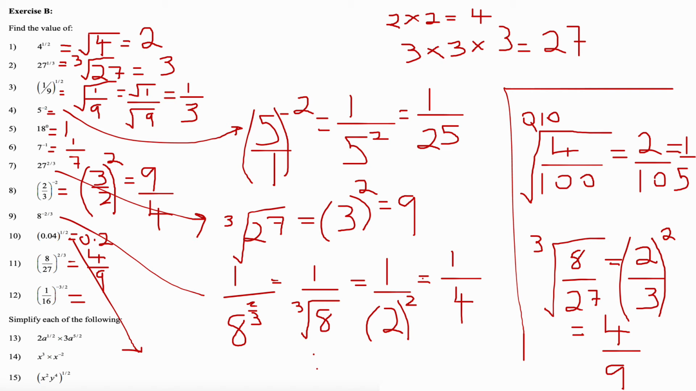Okay, question number 12. 1/16 to the power of minus 3/2. So I flip that, so it's 16 over 1, or just 16. So it's 16 to the power of 3/2. Or 3 over 2, okay, so it's the square root of 16, which is 4, and then I raise it